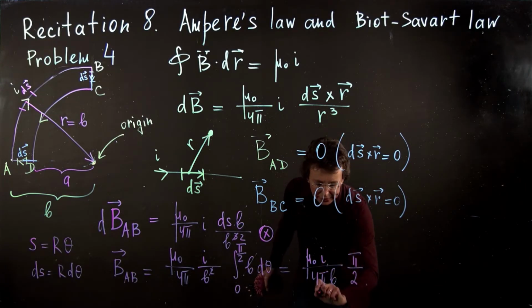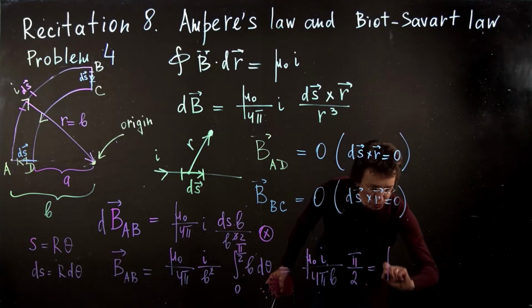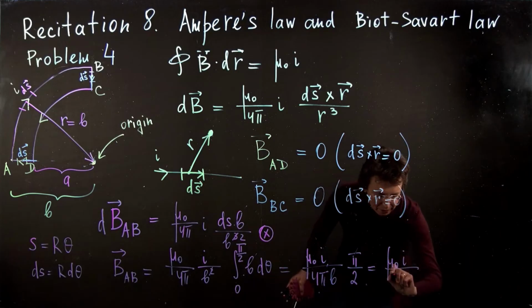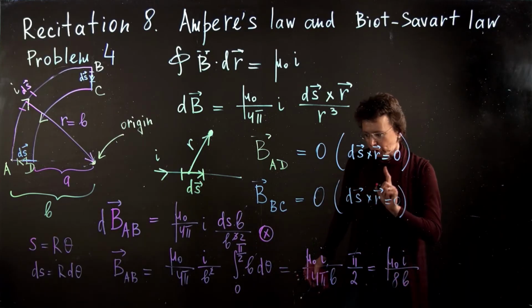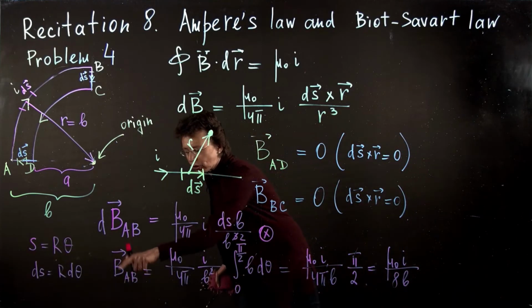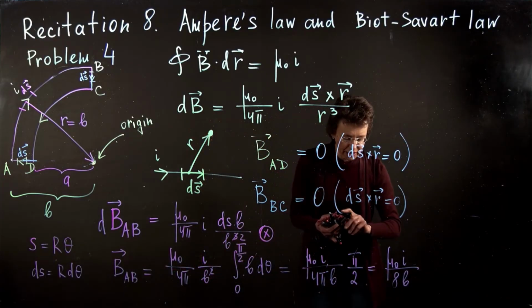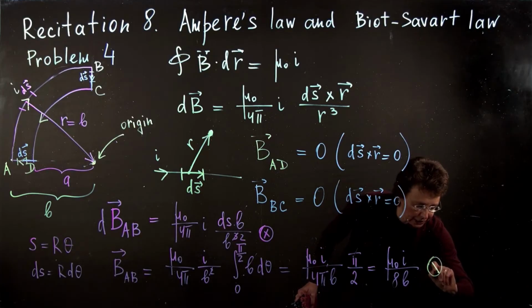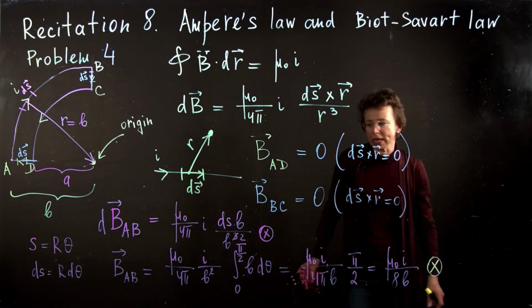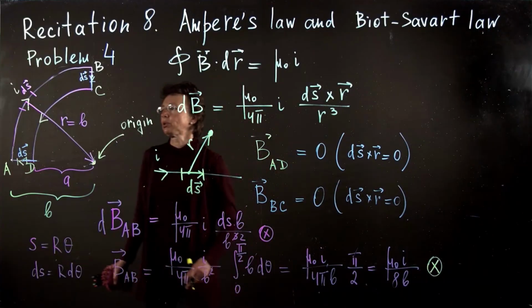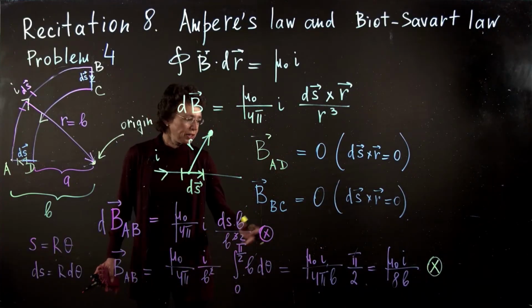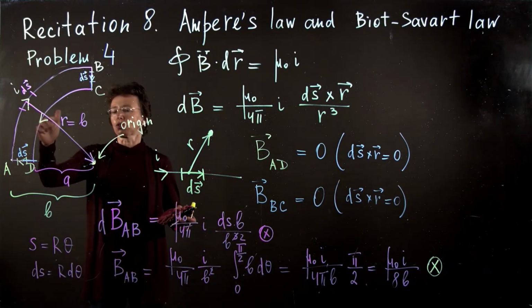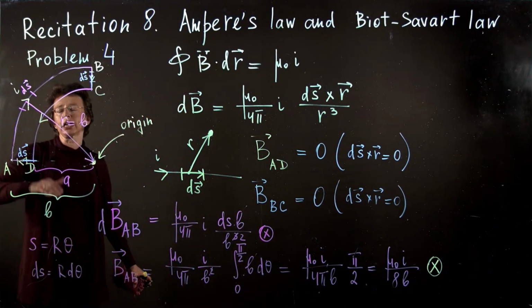Pi and pi cancel out. We have mu naught I divided by 8B. We don't forget the direction. We have vector sign on the left. We have to have vector on the right. As we already found, the direction of the magnetic field created by this segment AB is into the page, according to our right-hand rule. You can also, instead of finding direction of cross product ds cross r,